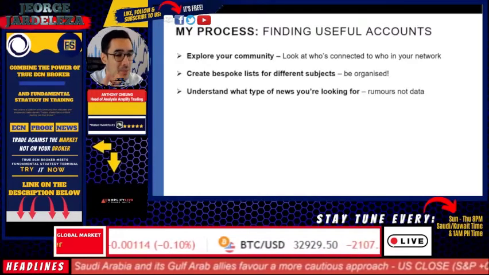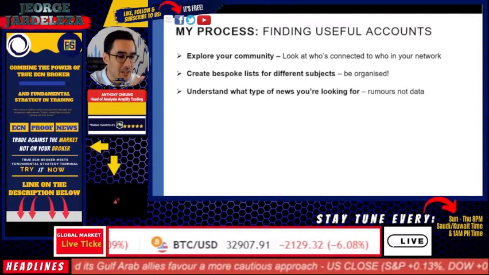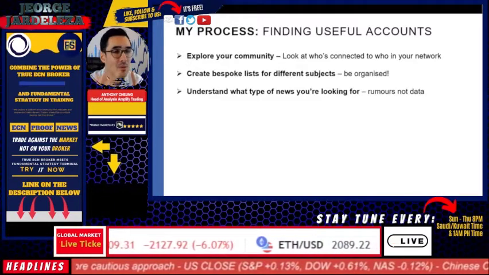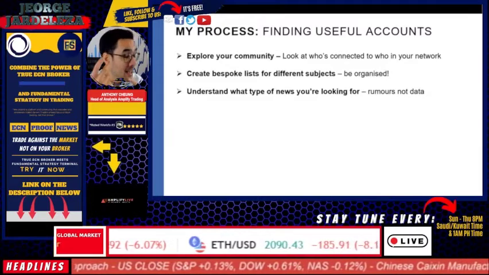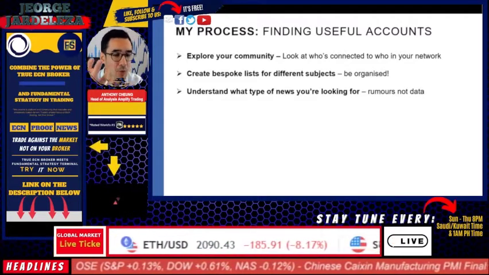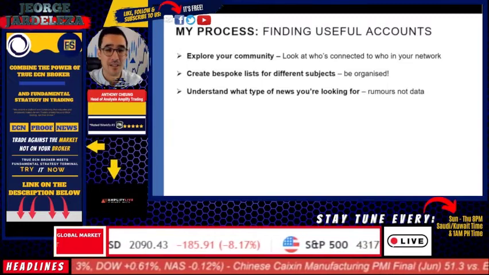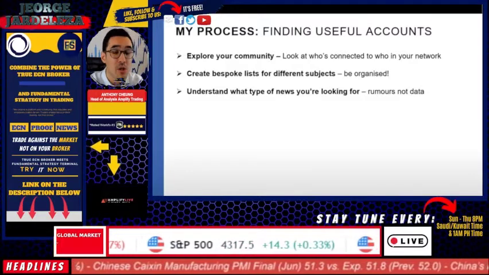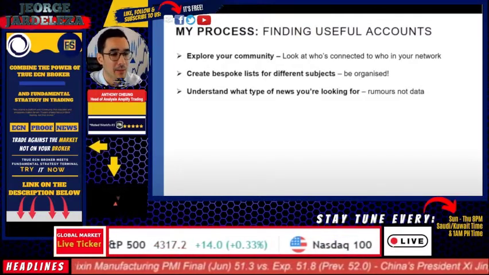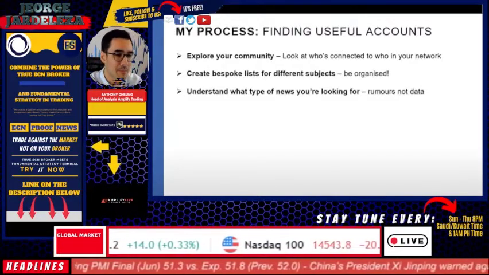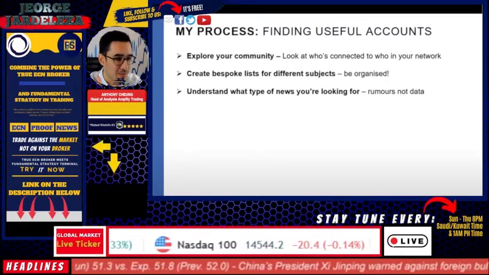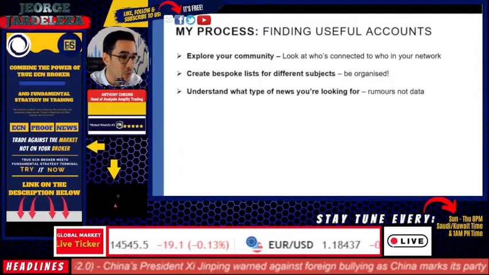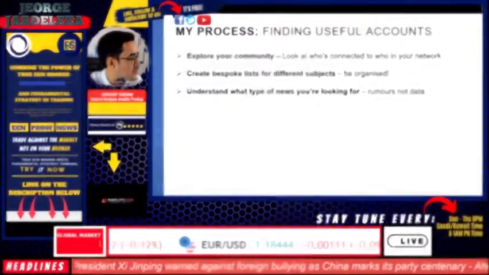So say with economic data, yes, I'm not looking for the release, but if there was going to be a leak of data, for example, like ISM, ADP, non-farm payrolls, if it is going to come, it's going to come just before. And so therefore, I'd have a search criteria set up so I could see if there's any leaks and rumors before things come out. Chicago PMI being a case in point. Anyone who does trade will know Chicago PMI comes out to subscribers a few minutes before the official public release, and you can get it on Twitter way before the likes of financial newswires will be releasing it.